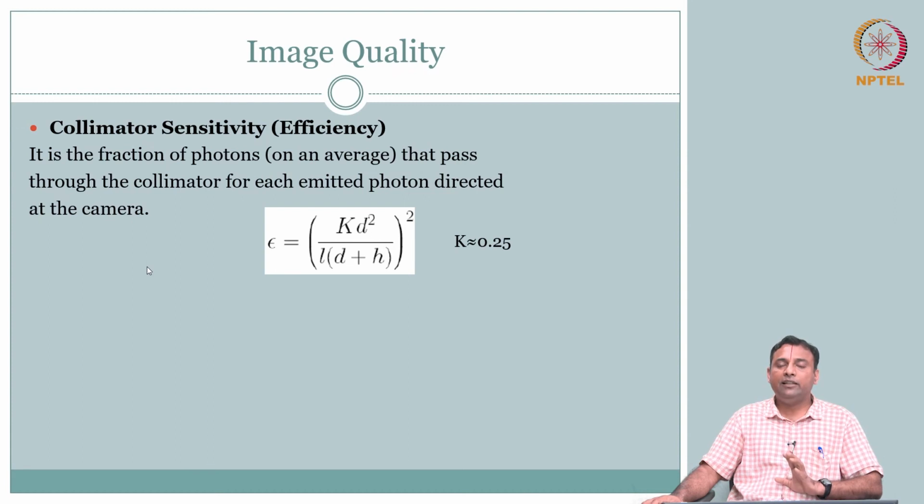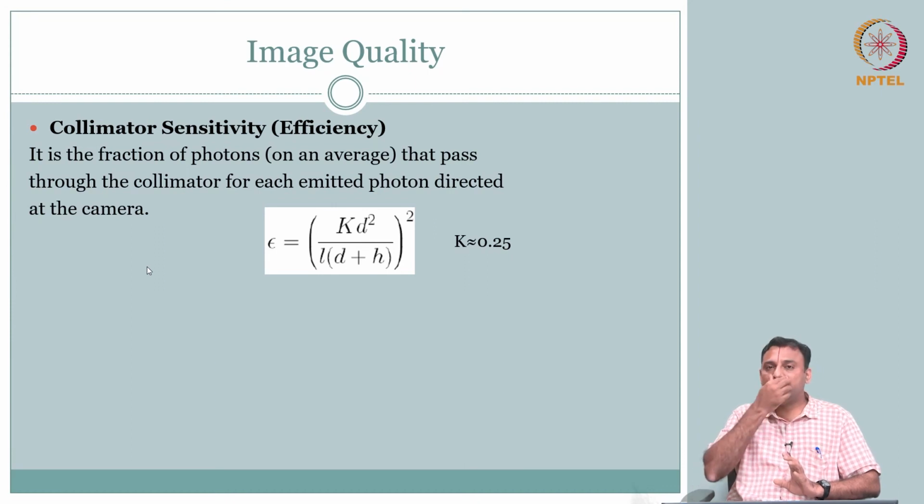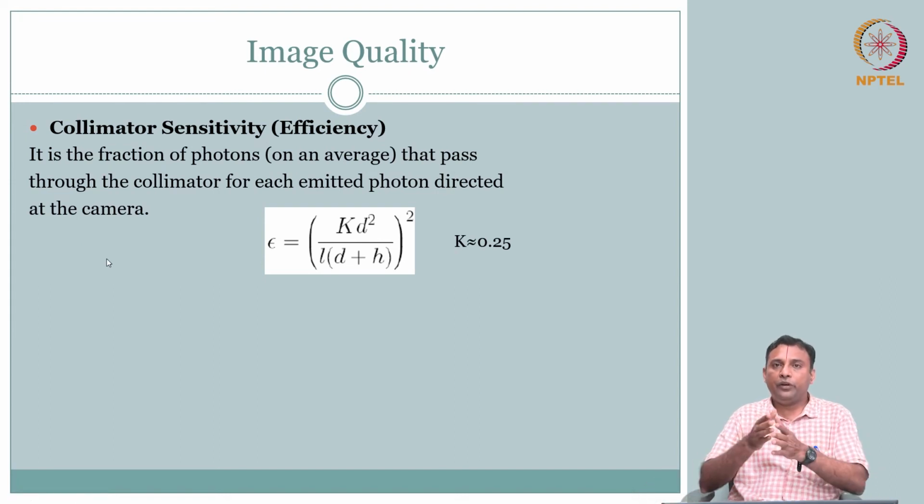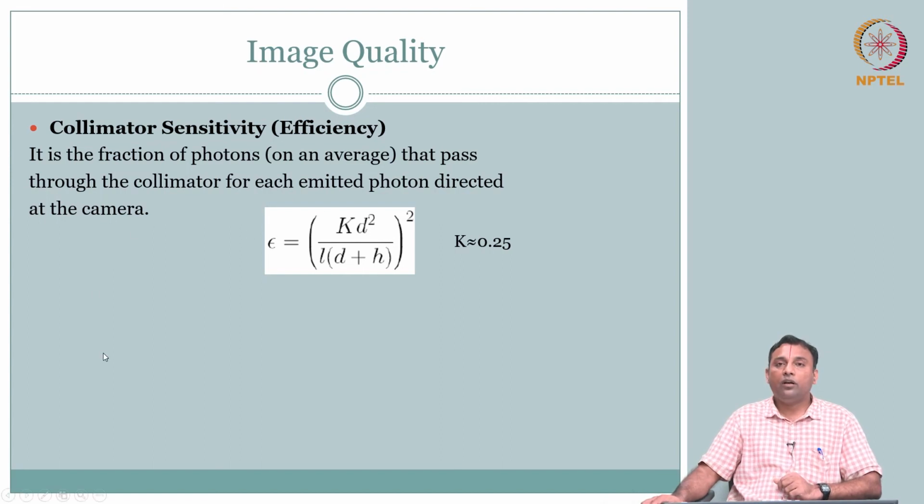Each imaging study, each patient, at least the physiology that you are going after, all that requires a proper choice of what detector you are going to use. If you are going to use a high energy gamma for a particular study, then you need to change your scintillation crystal. So your camera detector side has to be changed in tune with what you are going to do.